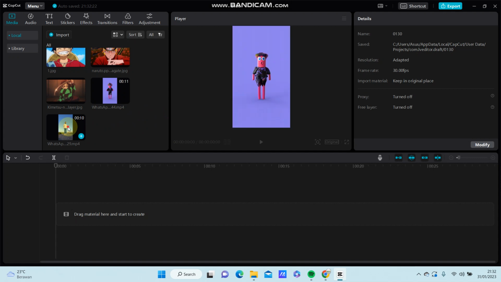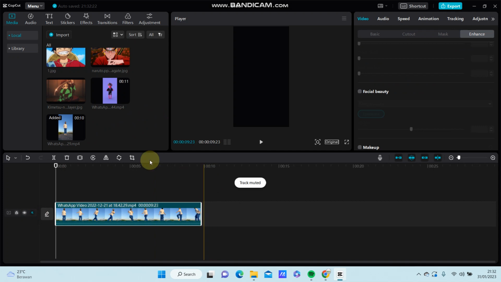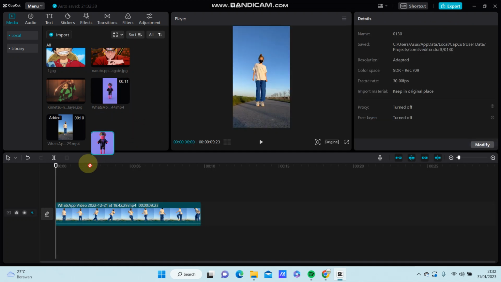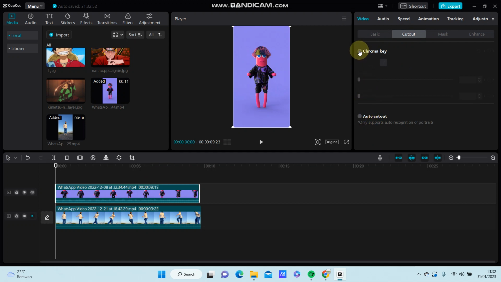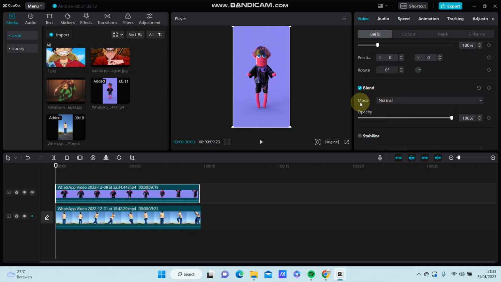For instance, I'm just going to add one video to the track, and I'm just going to add another video, and I want to make it an overlay, which is this video. Just drag it and put it on top of the video, so it has become an overlay, and you can blend with the cutout option here. You can click on the cutout or Chroma Key to remove the background, or you can blend with this option